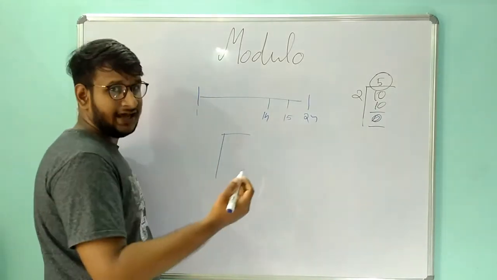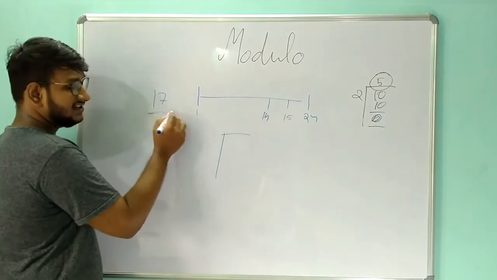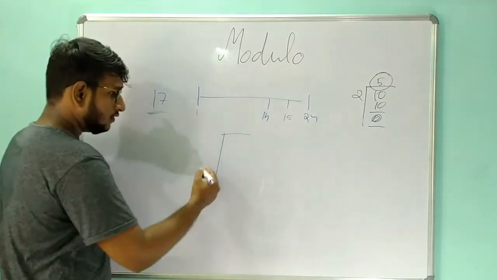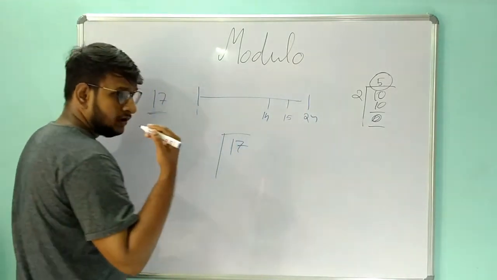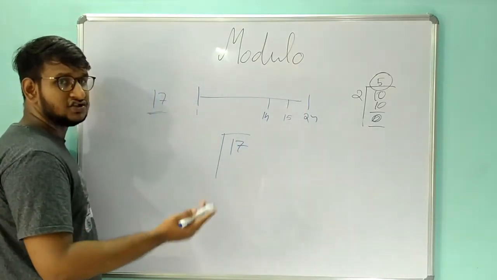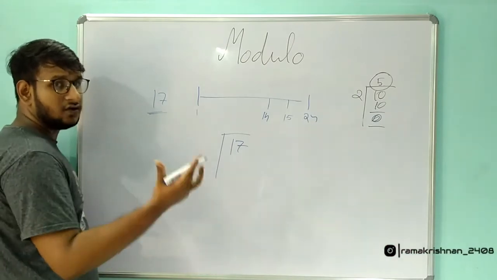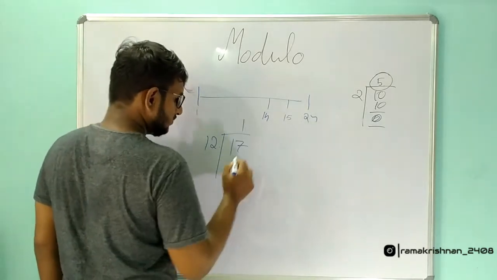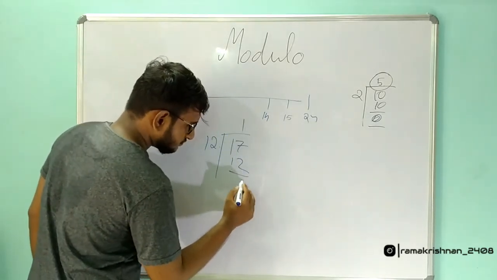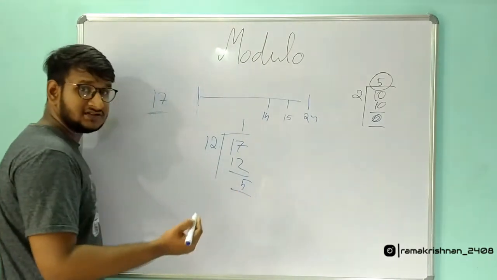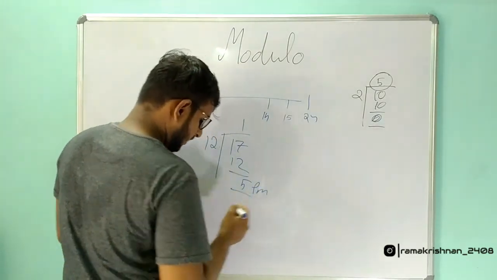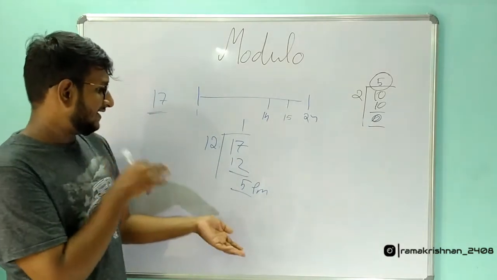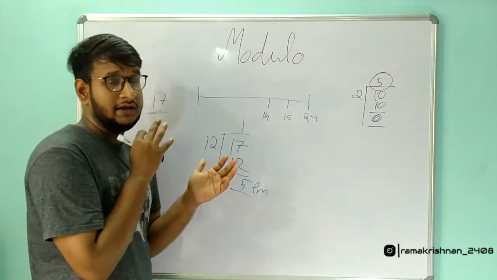Now the time is 17 in the digital watch. We have to calculate that into our real time. The real time is divided into 12 and 12 together we get 24 hours. So we are using 12. When we divide 17 by 12, we get 1 times 12, remaining 5 hours. So the time is actually 5 p.m., but in the digital watch it shows as 17. This is the practical application of modulo in watches as well.